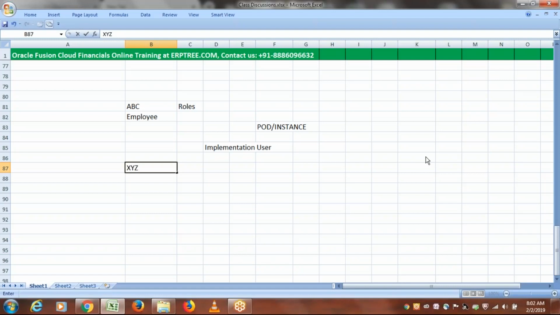He requires the responsibility. Which responsibility? So system administrator. That's all, nothing else. That is enough. Only this user required access to system administrator responsibility. With the help of the system administrator responsibility, this user, based on how the solution or multi-org structure